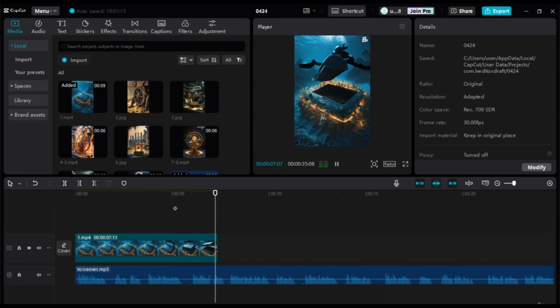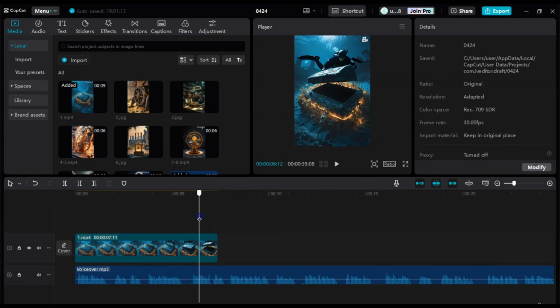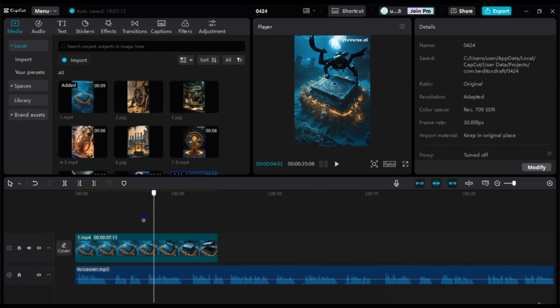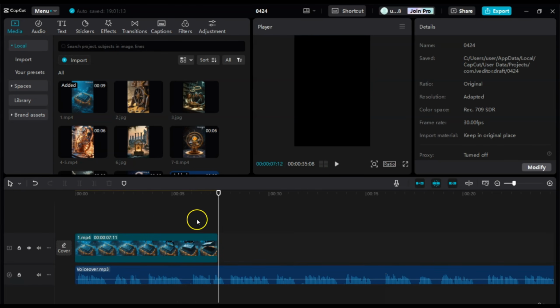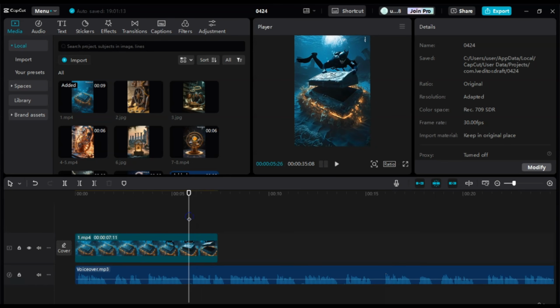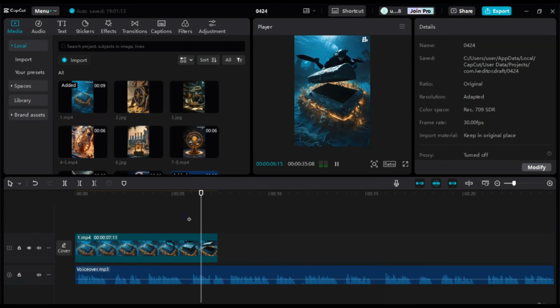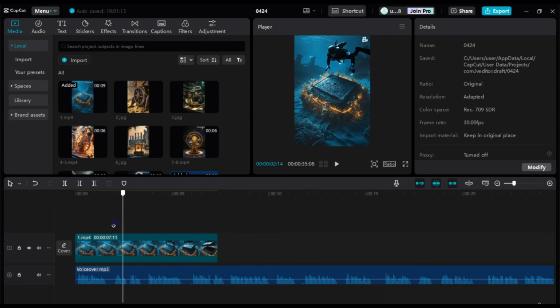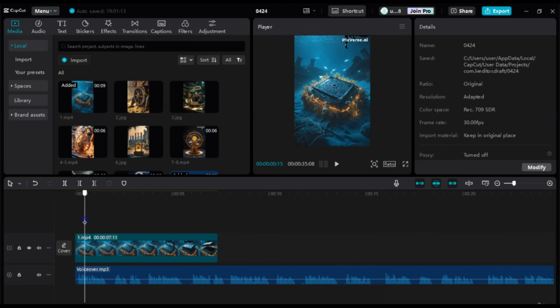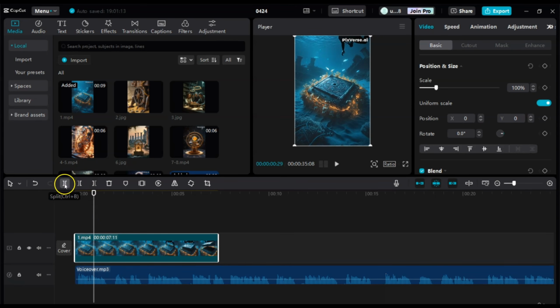Okay, so as you can see, that's perfect. So now we need to make sure this clip ends right before it says, but when scientists looked closer. Okay, so what we're gonna do is cut out some parts, like let's say here. Go here, split,